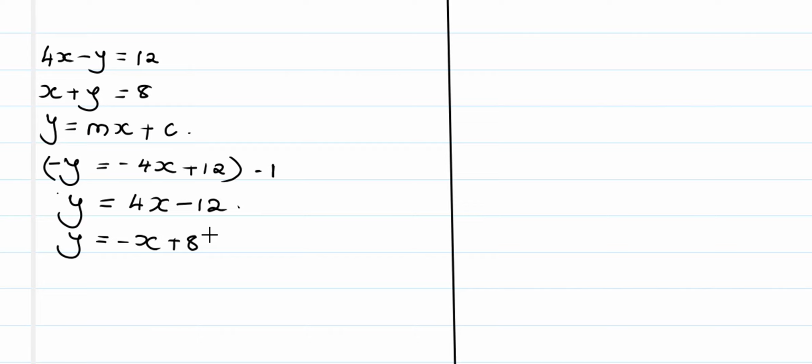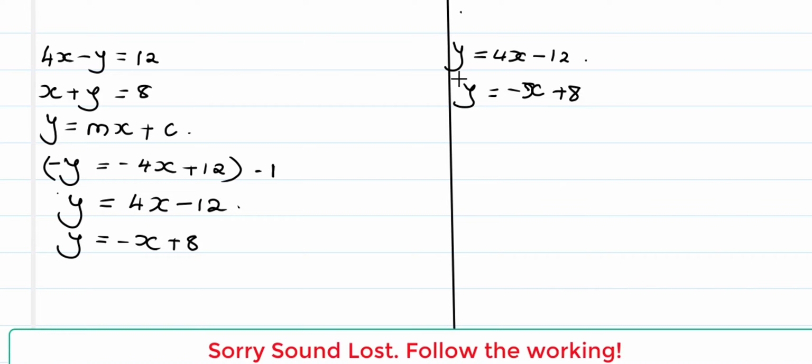So now we have the two equations looking like this. The next step is to, let me copy them here. y is equal to 4x minus 12. Then y is equal to negative x plus 8, like that. So the next step is to say, since the two of them are